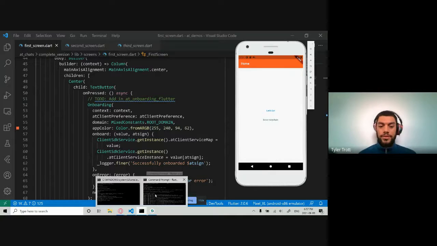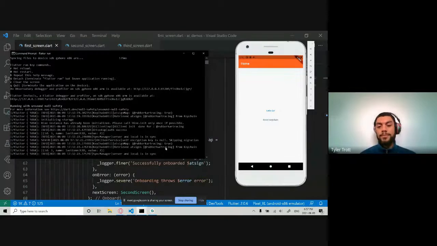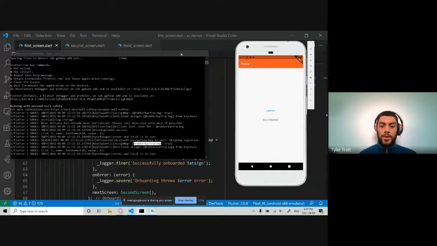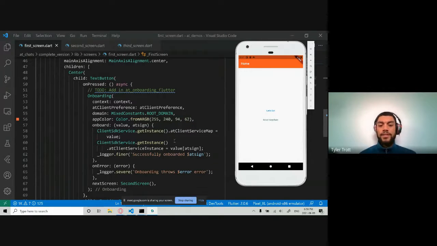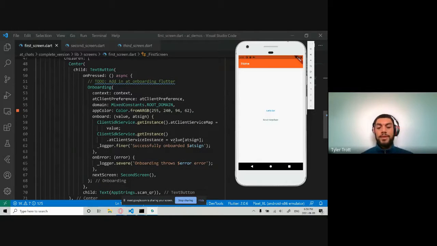And I can show you here in the logs that because I've already uploaded my QR code, which is at Rubber Cart Racing there, it already has my @sign. So that's passed into the @client service map, which is then initialized into the get instance of the client SDK service. And this will simply authenticate your @sign for you. So you never have to worry about the actual usernames and passwords. That's a really big advantage of the app platform. You never have to store anyone's username or passwords.